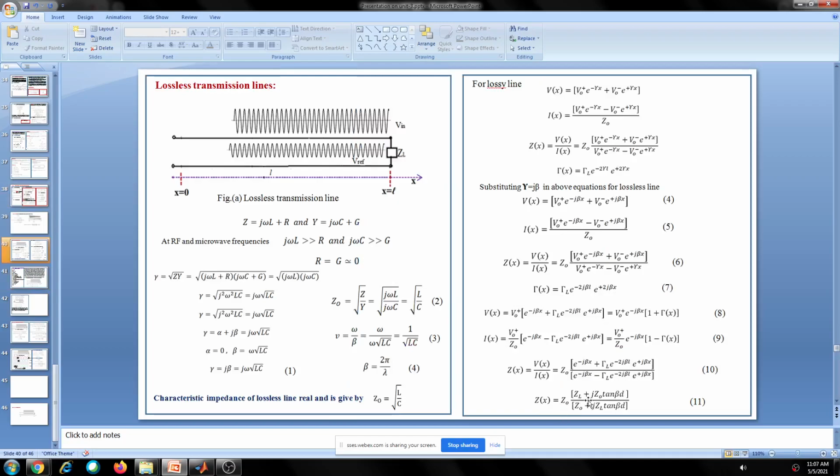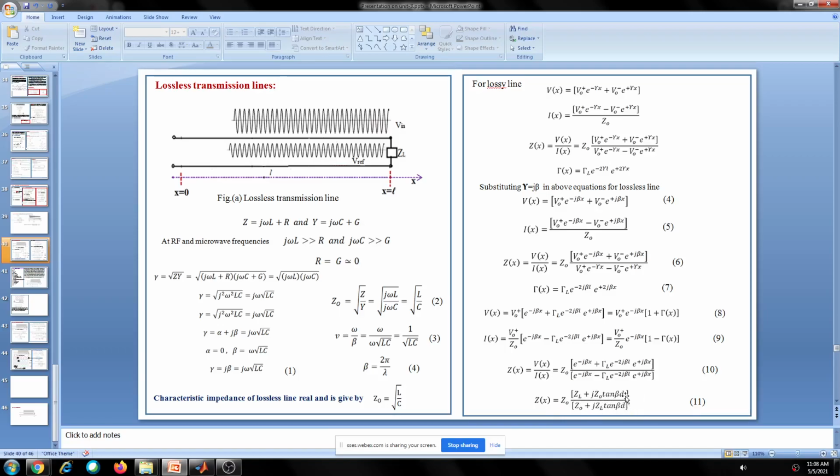So this is the impedance. You should not forget: don't put a hyperbolic function here for a lossless line. The only difference is that the j term will be here, but the j term is not there in the lossy line. There it is Z0 tanh gamma d. But here gamma is only j beta, so we get j Z0 tan beta d. Similarly, Z0 plus j ZL tan beta d. So this is the expression for impedance at any point over a transmission line.